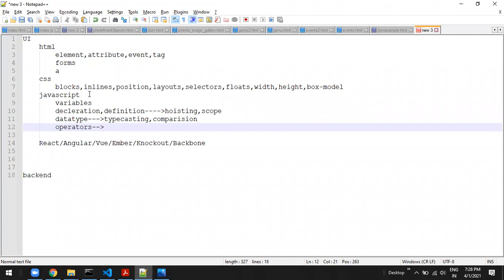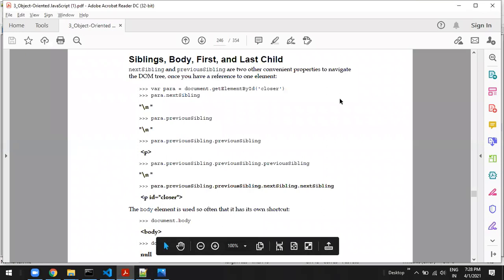But how about logical operators? How about the conditional operator? How about increment and decrement operators? These operators are not silly, they have very big involvement in React. Without the ampersand and an understanding of the ampersand, you can't do anything, my dear friends. What is the flow? For example, I just want to show you.